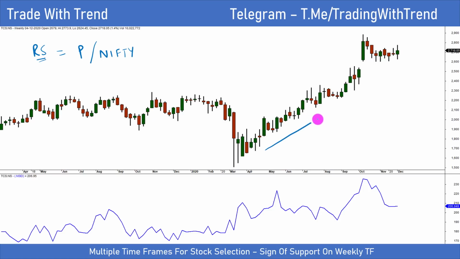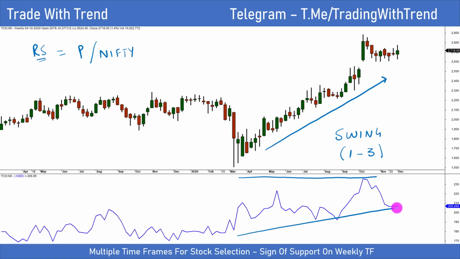So on weekly time frame, trend is clearly up. Since you are shortlisting this stock for something like swing trading, you will have it on your watch list for the next 1 to 3 months, that is. And therefore, I like to see over the last few months what has been the outperformance in terms of relative strength. So line has clearly moved up,